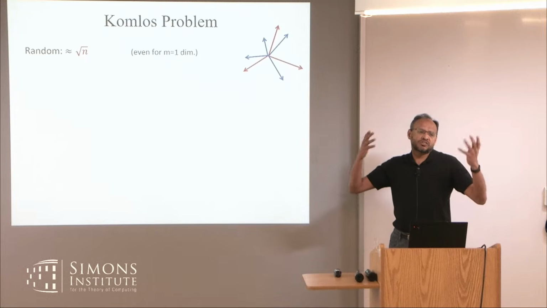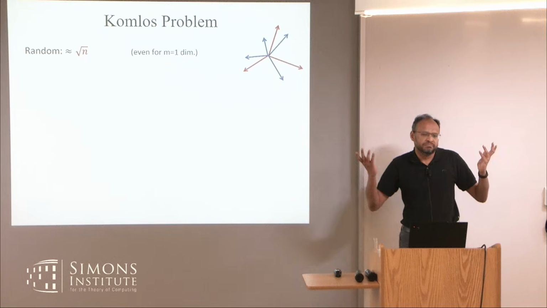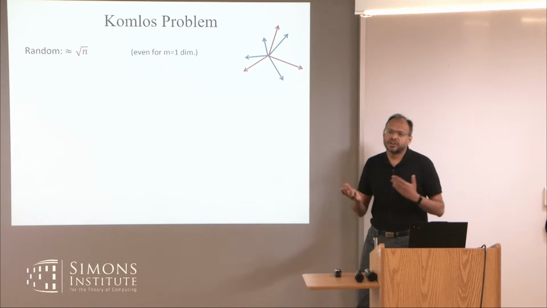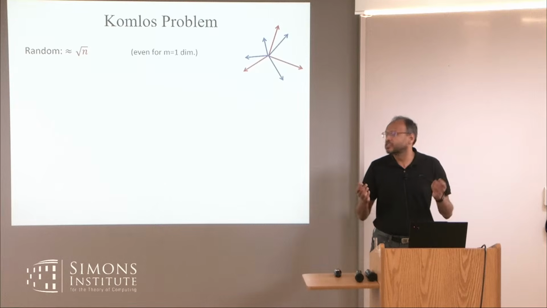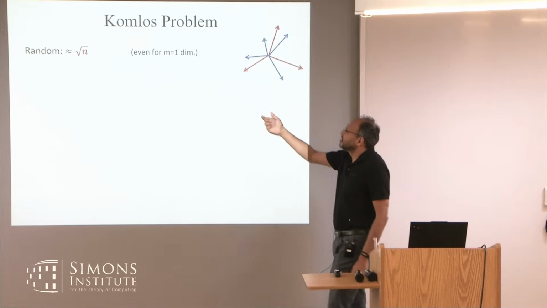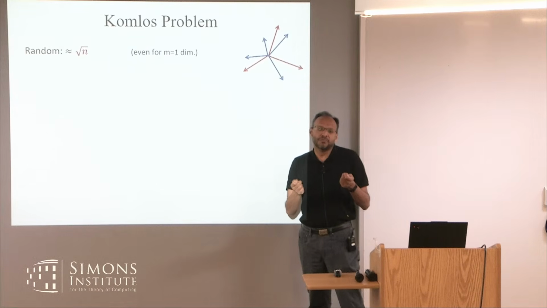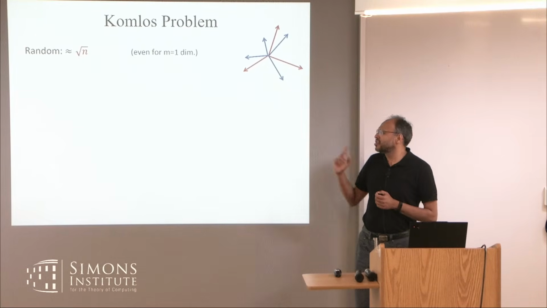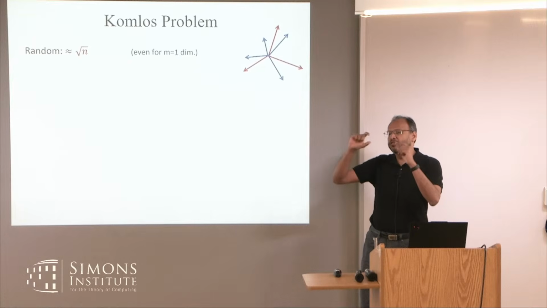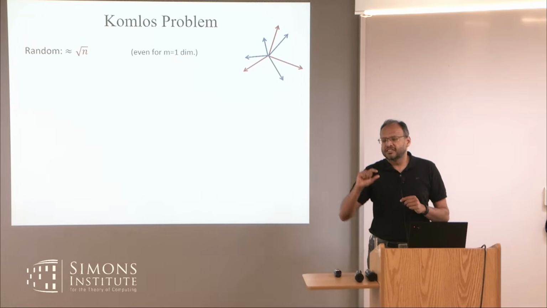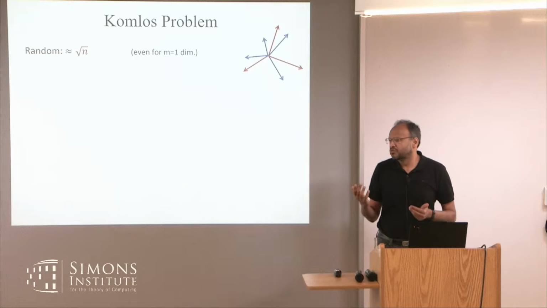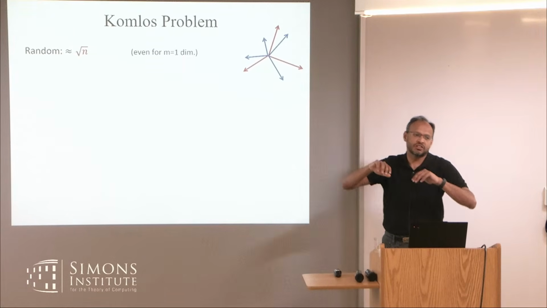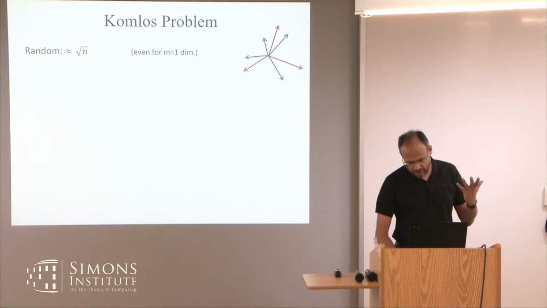So what's known? You want to balance all these different things. You can think, OK, let's do random. Sounds like a good idea. And when you do random, you hit these root n type things because of standard deviations. In fact, even if you had one-dimensional vectors, which are numbers, you would get a root n. Of course, in one dimension you can be smarter. But if you haven't seen this, even with two-dimensional vectors, it's not immediately obvious how to beat random. If you try to balance the first coordinate, maybe the second one gets messed up, and so on. So root n is a benchmark.